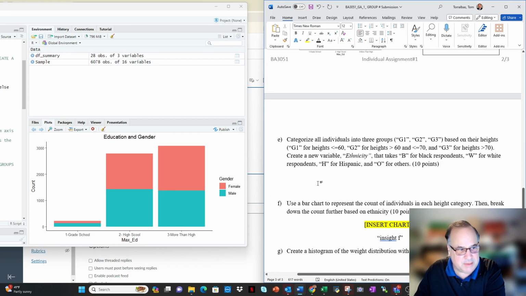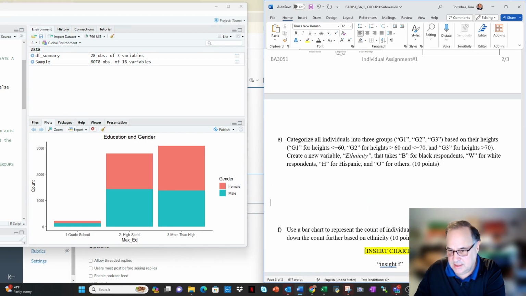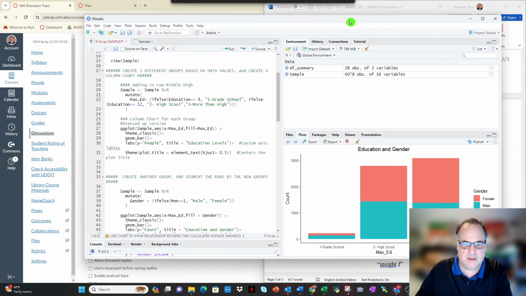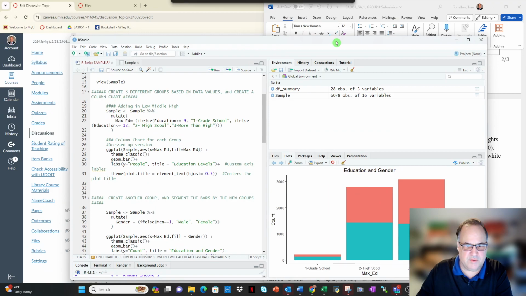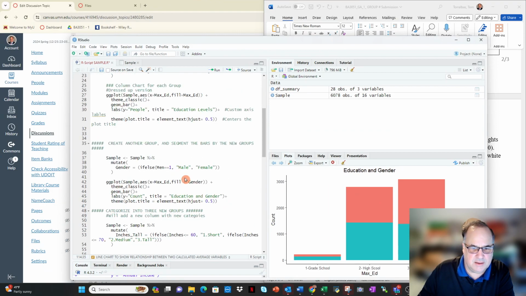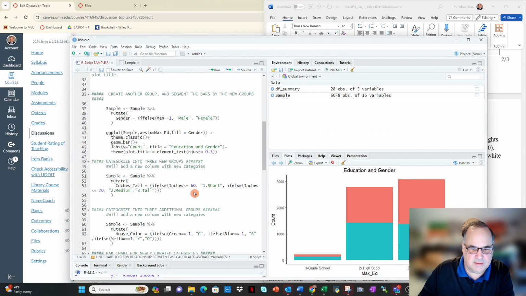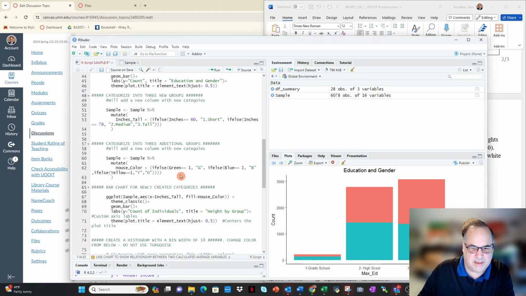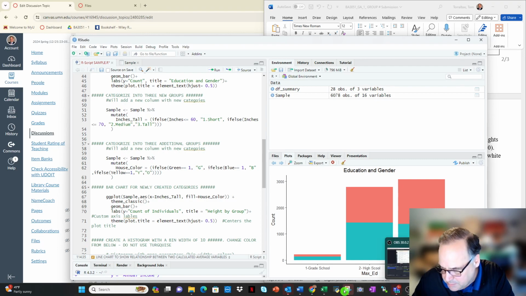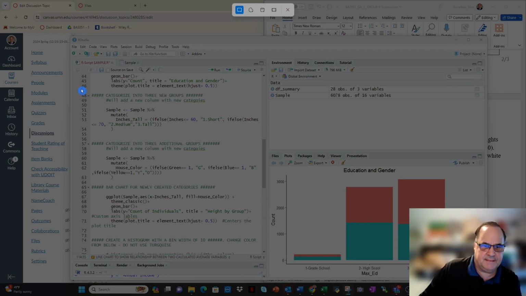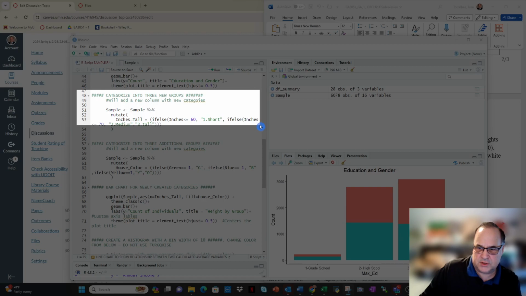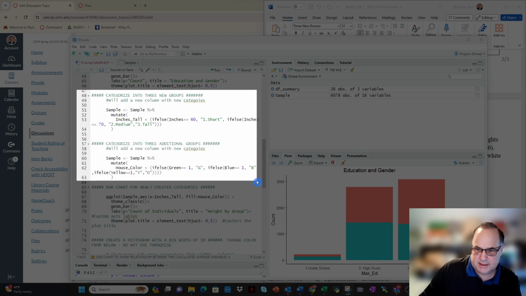So my recommendation here is that you, this is creating the height groups. Yeah, so it's these two here. So my recommendation is just to do a clip like this, and then you can highlight. This is the first ask, and there's the second. Highlight the two,